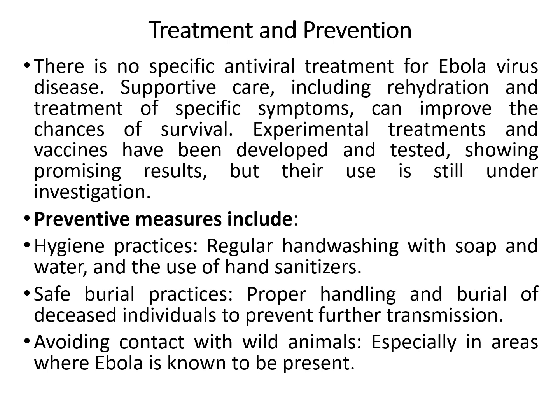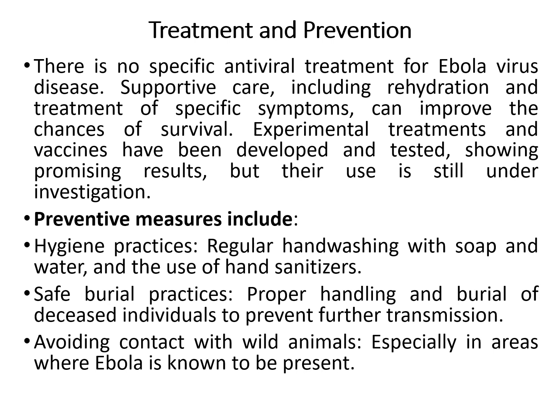Preventive measures include hygiene practice, regular hand washing, because after corona we were a little more punctual about this and we wash our hands regularly. Regular hand washing with soap and water and then use of hand sanitizers. Safe burial practice, proper handling and burial of the dead. Once a person is infected and has died, then bury them safely. Otherwise, from there also there is a possibility of spreading the disease.